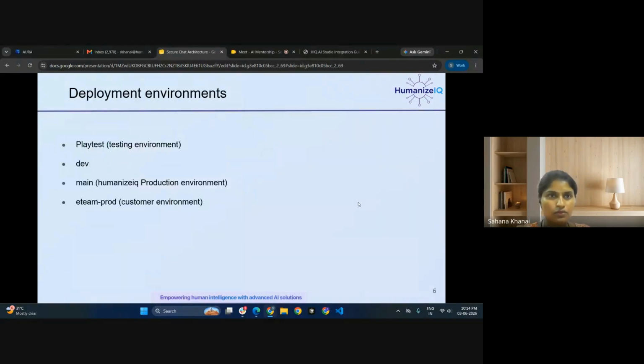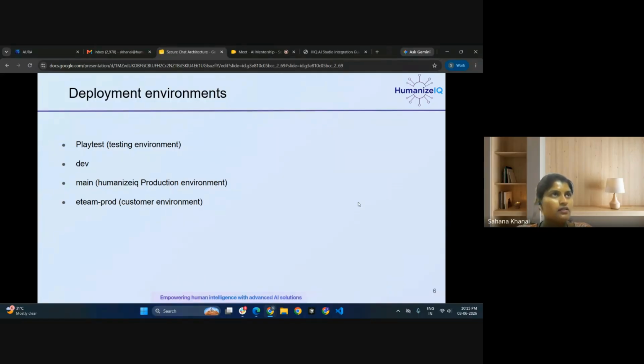So let's go to next, which all environments we have. Basically, we have four main environments. So whenever you want to make any change to any repository, just create a teacher underscore branch for whatever implementation you want to do.